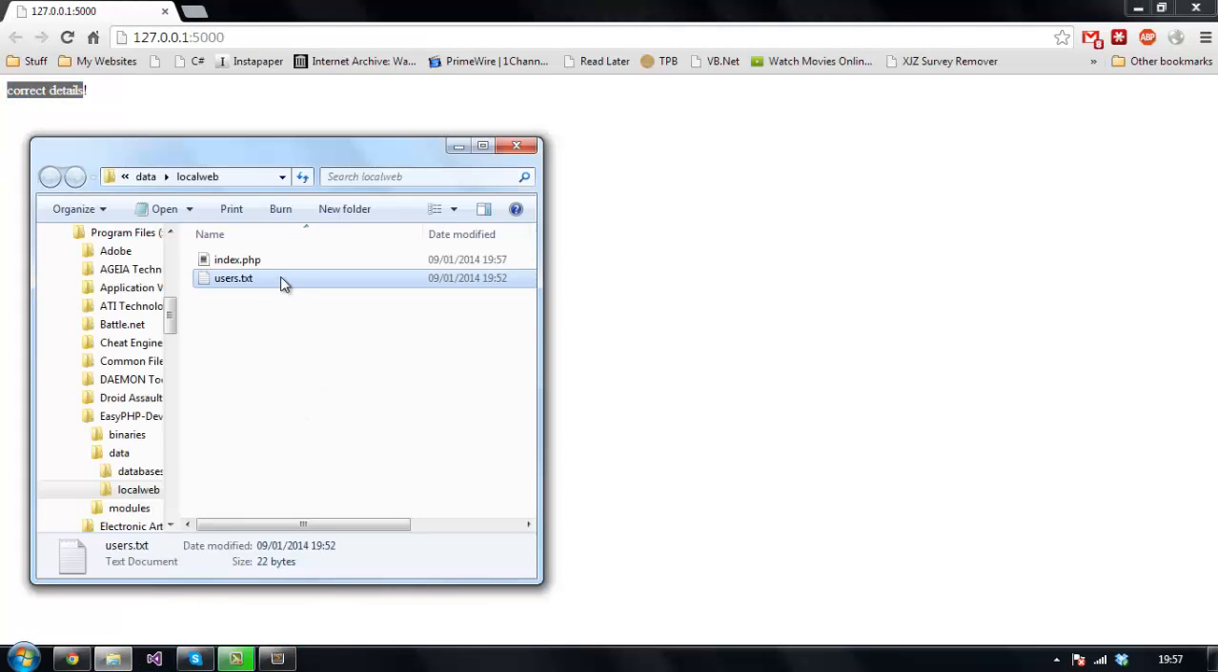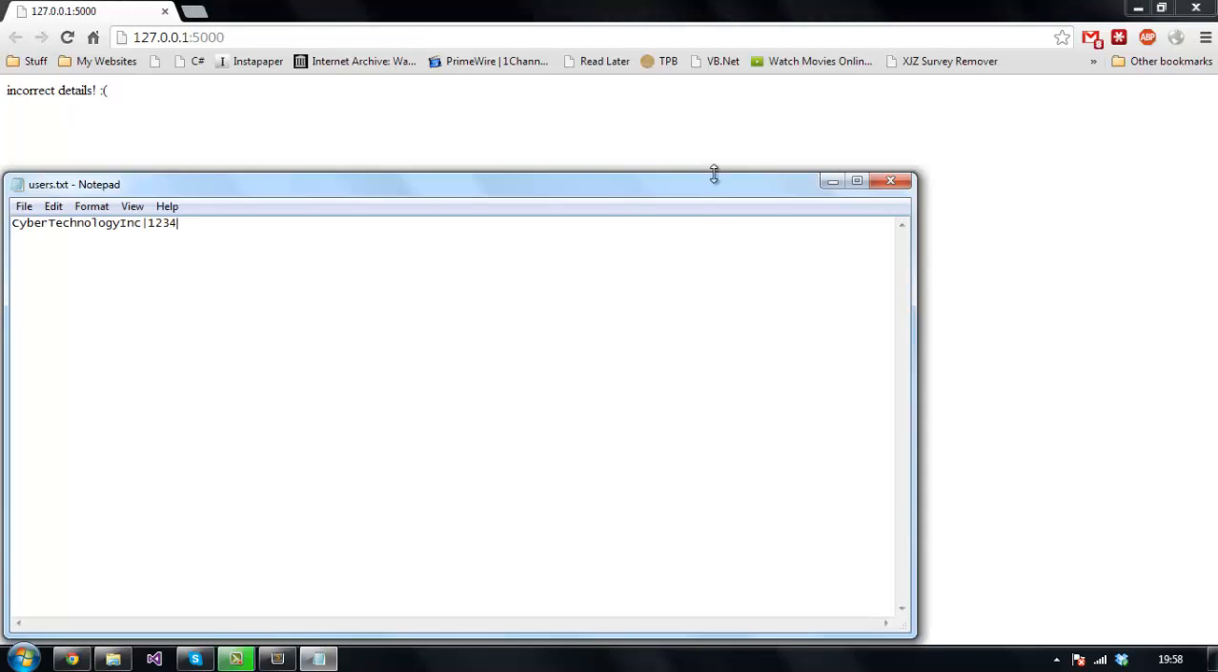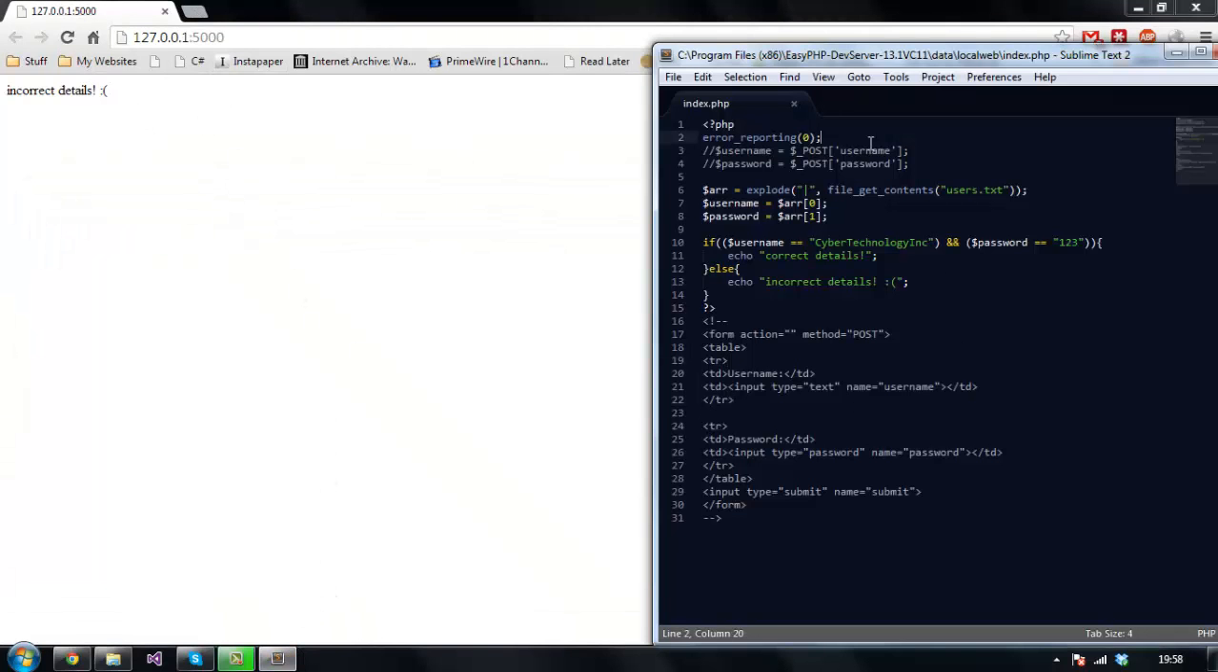So if I change the details in here, so I put 1, 2, 3, 4, and refresh. Yeah, it's incorrect. I also want to show you hashing to make it more secure. Also use a salt. So basically, first we need to get the salt of the actual password. And just to show you how you get the